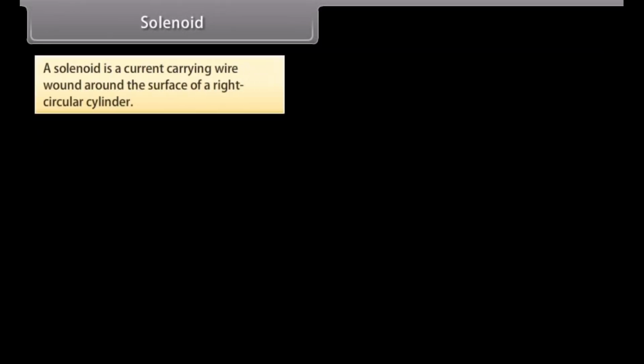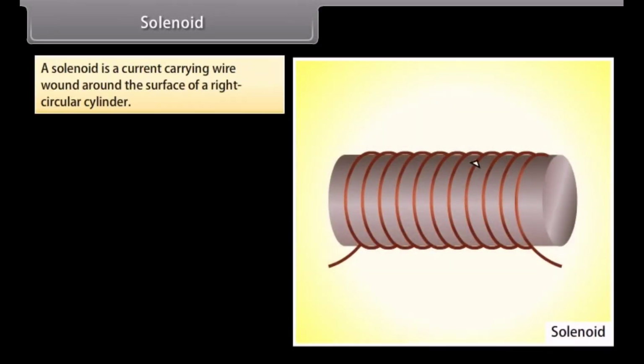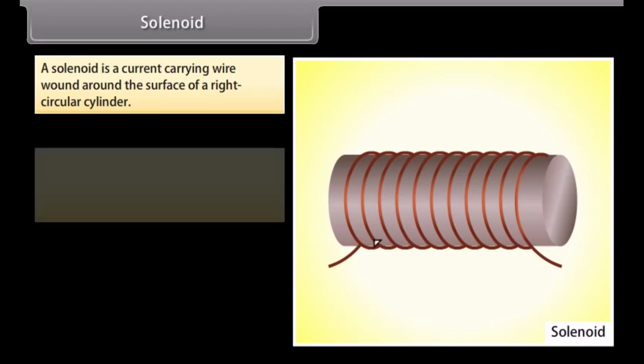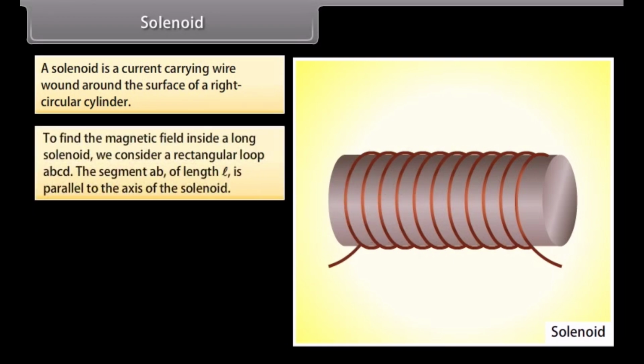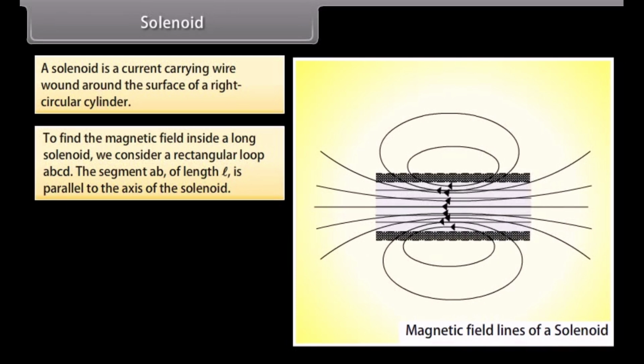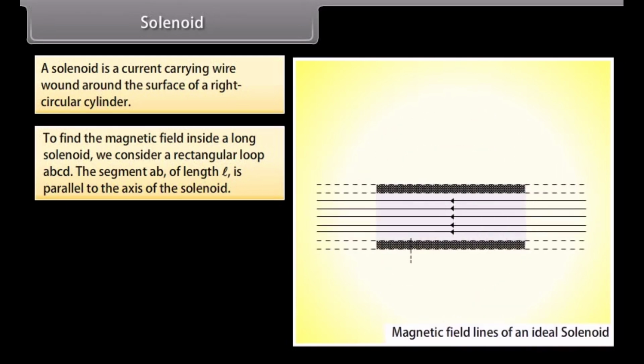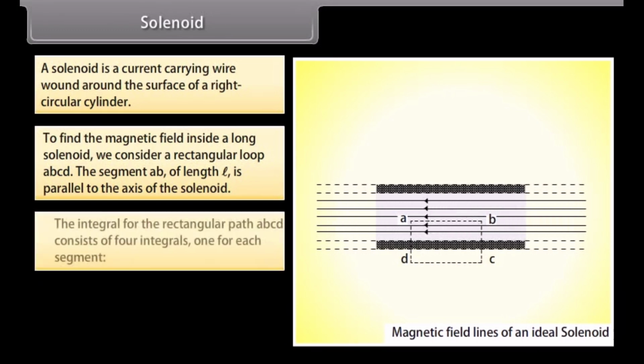Solenoid. A solenoid is a current-carrying wire wound around the surface of a right circular cylinder. To find the magnetic field inside a long solenoid, we consider a rectangular loop ABCD. The segment AB of length L is parallel to the axis of the solenoid. The integral for the rectangular path